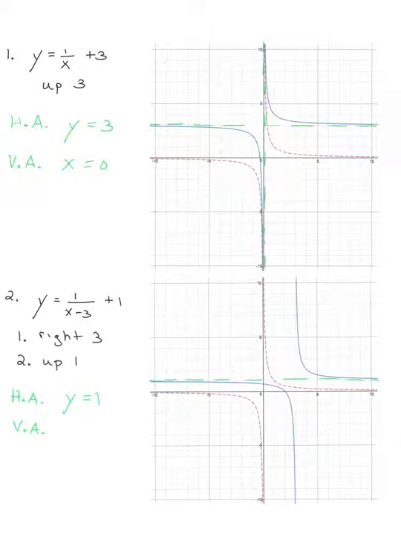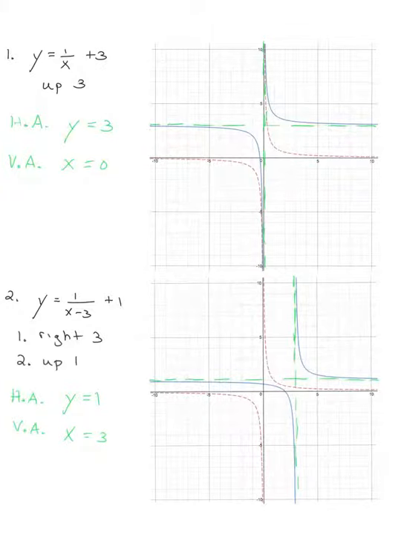All right, well, what about the vertical asymptote? If you start on the graph of 1 over x, it's at x is equal to 0. The first step is to move this thing 3 places to the right. So now it appears over here. If we then shift this up 1 place, that does not change its location. So I know that x equals 3 is going to be the location of the vertical asymptote. So just by using some transformations, you can figure out where a horizontal and vertical asymptote are located on your graph. That's all I'm looking for in these 2 examples, and the remaining ones will also throw in the idea of